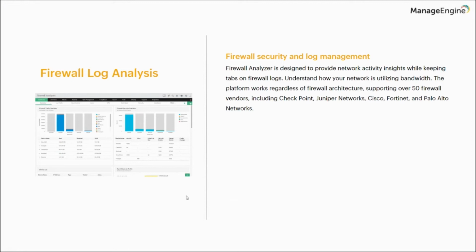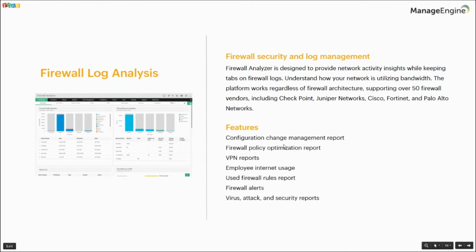And if it's going to be a larger environment, you will have multiple firewalls, inbound and outbound firewalls, internal and external firewalls, which is going to be difficult to maintain when you have different firewalls in your environment. For example, for the internal firewall, I'm using a Checkpoint firewall, and for the external, secondary firewall, I'm using a Palo Alto. In those cases, managing them would be a little difficult, and that is where the multi-vendor firewall log analyzer tool, the add-on, is going to help us and manage the information. So here, when we talk about the firewall analyzer and its features, you can have the config change management report and the firewall policy optimization report.